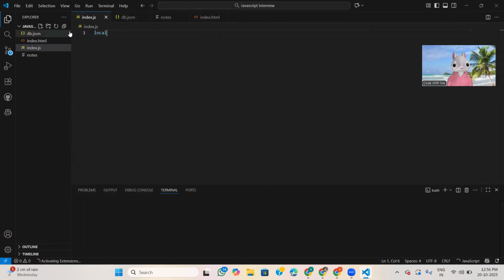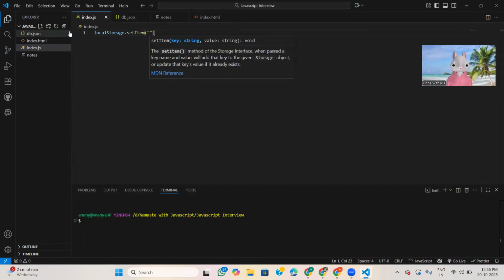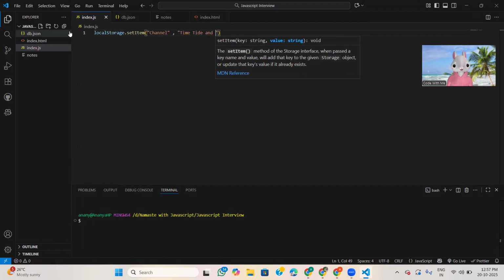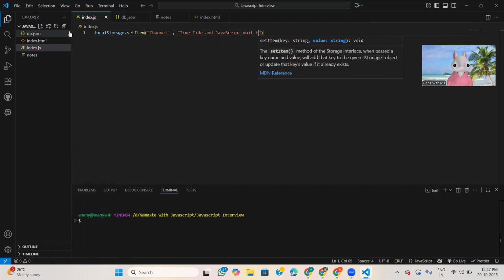So if I write here localStorage.setItem, this is the method to save that data in the browser, in the local storage. Name is equal to channel, time type and JavaScript wait for none.